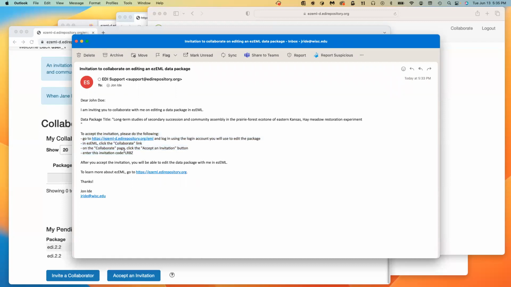And what they need to do is log in using their own ezEML account, go to the collaborate page, click the collaborate link at the top right, and on the page they have to accept an invitation, and there's a unique code that's provided that identifies the particular invitation in question. So I'm going to copy that code,